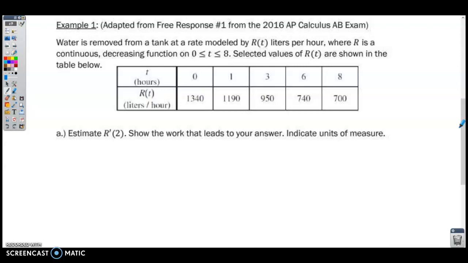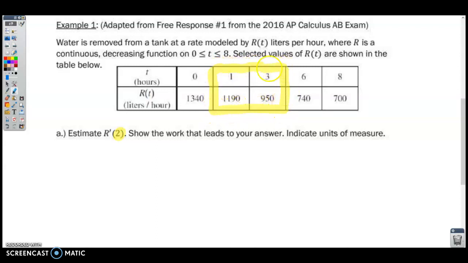Okay, so we have a table with t and R of t, which means that R prime is the instantaneous rate of change of what we see in our table. Whenever we're asked to find the instantaneous rate of change of what we see in our table, we're going to identify the interval where we're finding this derivative, or estimating it. In this case, we're looking for the estimate at 2. So we're going to find the interval that contains a t value of 2, and that is the interval from